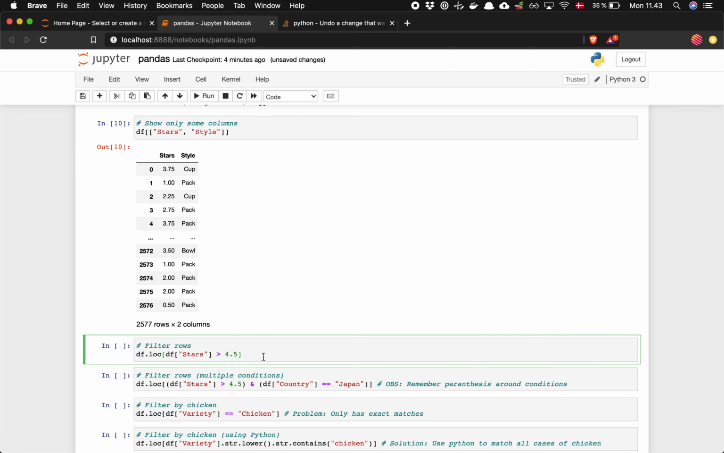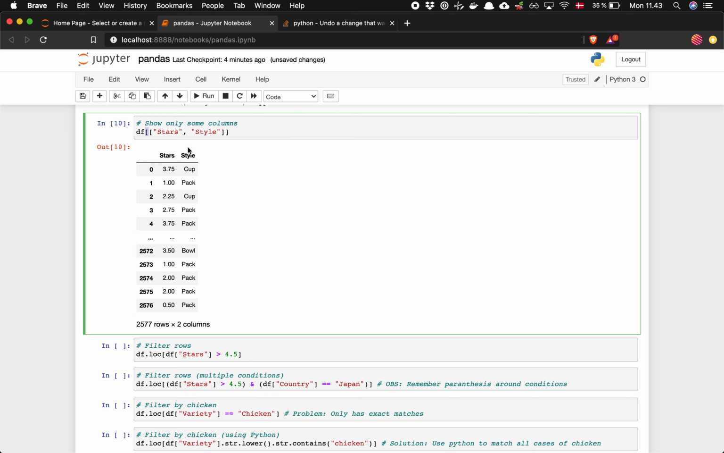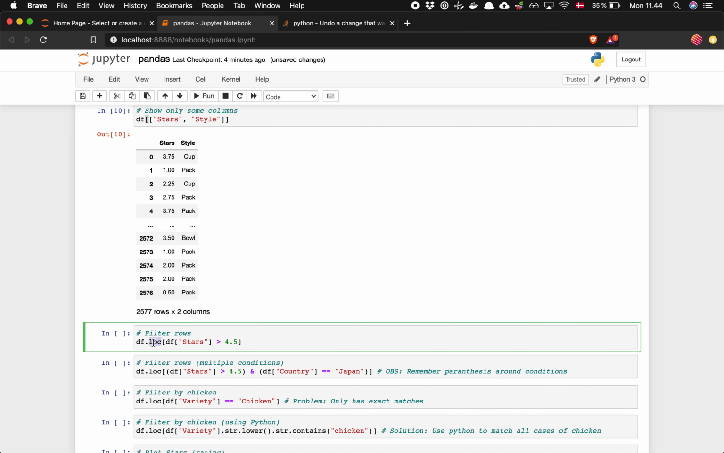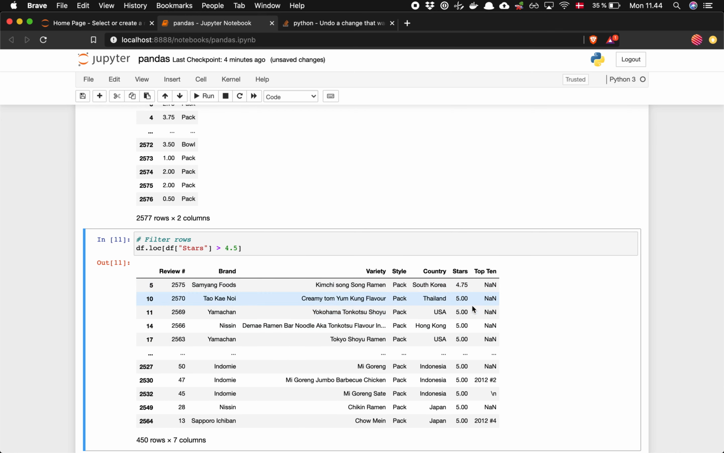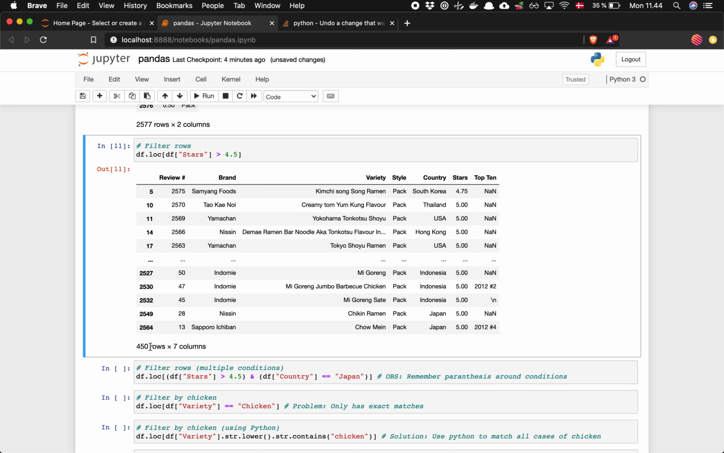We can also filter. The way we do this is, if you want to select a column, you just directly put these square brackets. If you want to select some rows, you put .loc. I haven't been able to figure out what loc actually stands for. Some say location, but I'm not really sure. But anyway, it's how you access rows. So if I want to get the rows where the value of stars is above 4.5, this is how I do it. You can see here that no stars go below 4.5,